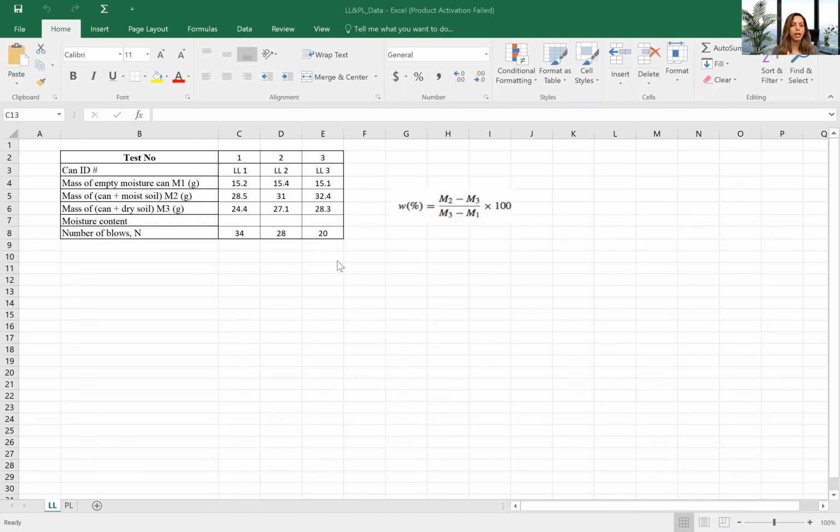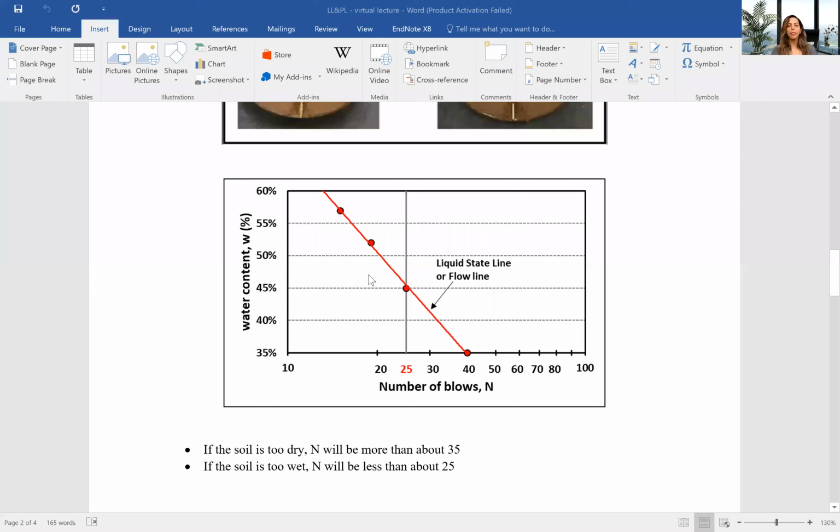Now I'm going to talk about the plastic limit test. So when you are opening this liquid limit and plastic limit data Excel spreadsheet, there are 2 sheets here, one for liquid limit and one for plastic limit. So pay attention to that. Okay, so I'm going to stop the share and share my lecture. Okay, so now,